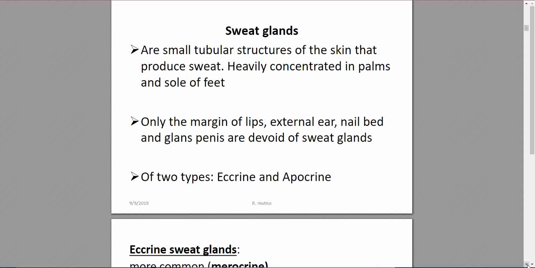Only the margin of the lips, external ear, nail bed, glans penis are devoid of sweat glands. So you'll never sweat on your penis, right? And in the external ear you'll never sweat, and the nail bed you'll never sweat, and the lips also you'll never sweat. So that's why you use saliva. It's a very vague thing, bwana. Kunywa maji mengi, drink a lot of water, I don't know, then you will stop the drying